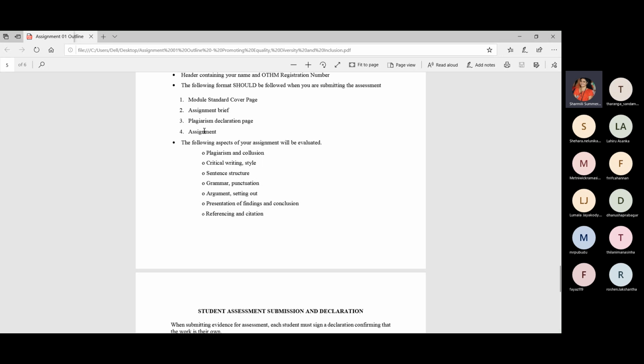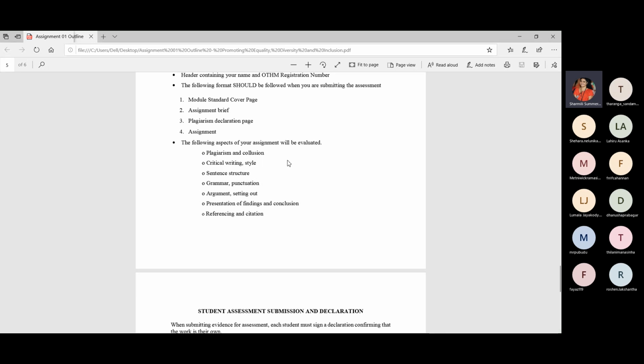Your assignment shouldn't be plagiarised. We will check whether it is unique or not, and the assignment will be evaluated. First and foremost, it should not be plagiarised. Okay.